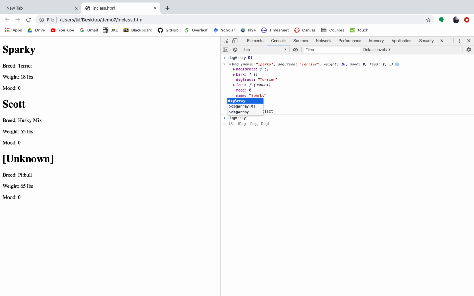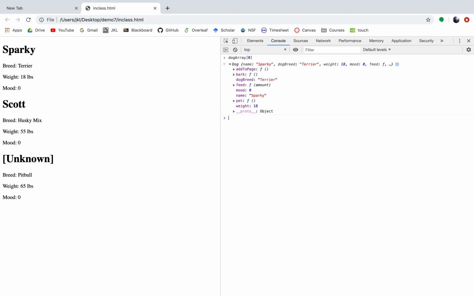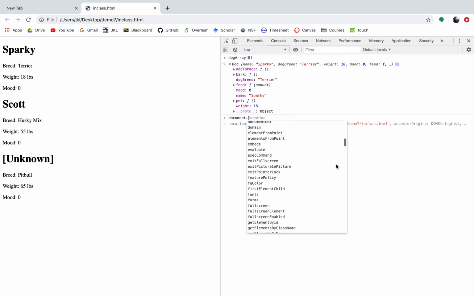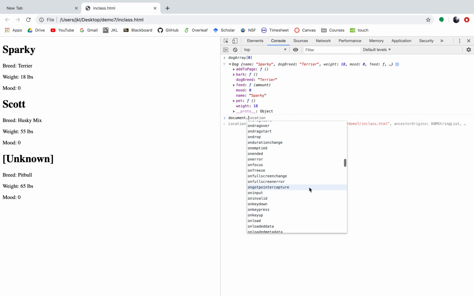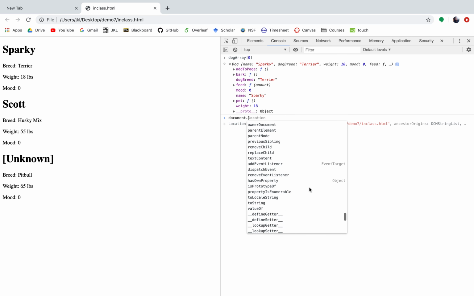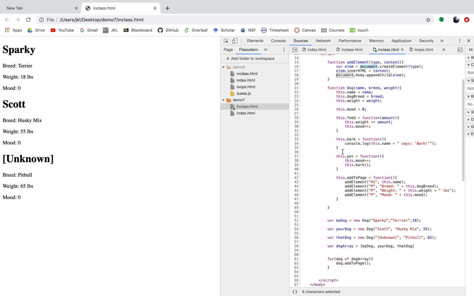dogArray 0, and then we'll do the dot. This is our old friend, right? So again, this is very similar in concept to document dot. Document has more stuff going on, but ultimately it's just a high-level concept of a lot of sub-functions and properties and stuff. So this is all towards the broad goal of trying to keep things conceptually useful and simple for